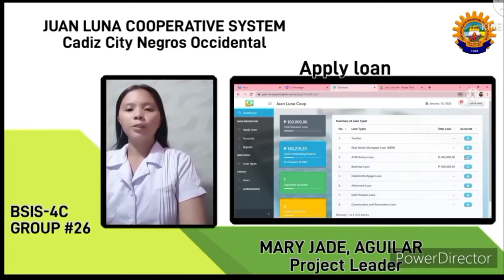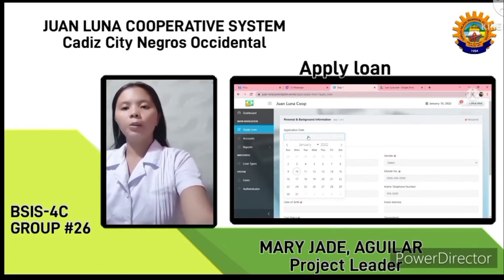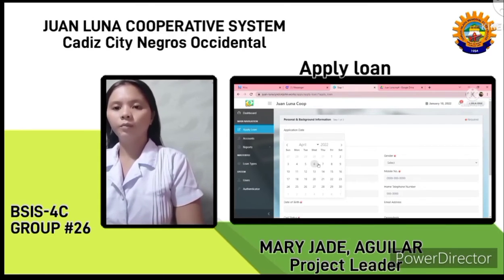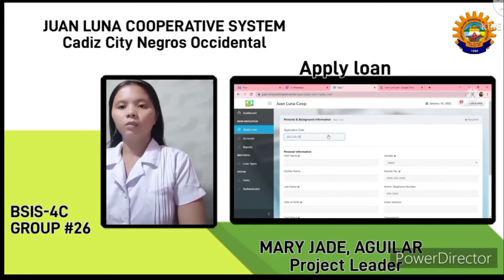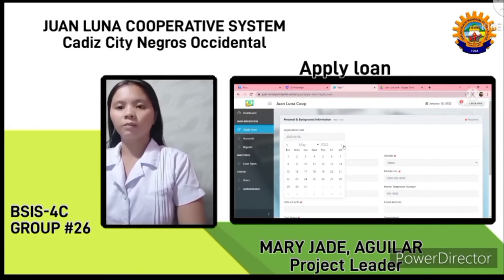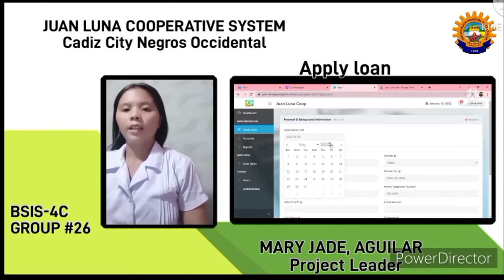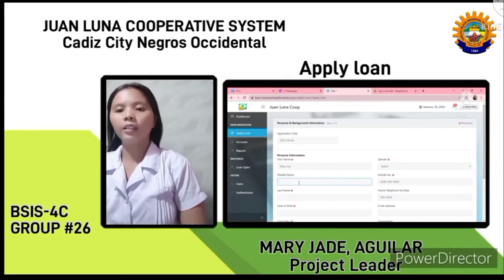I will continue to discuss. First, click apply loan and go to the application date. For example, 2022, June 6. Next, go to the personal information, the name of the client.